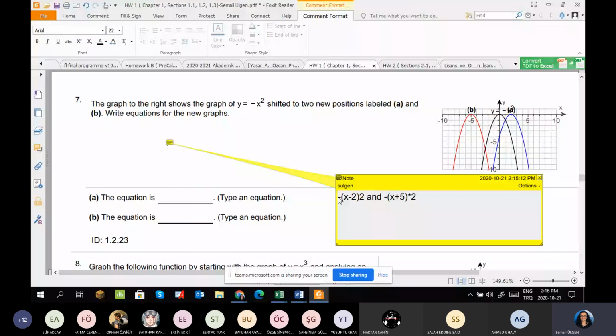A is going to be y is equal to this, and then we square it. And B is shifting towards the left by 5 units. So it's going to be